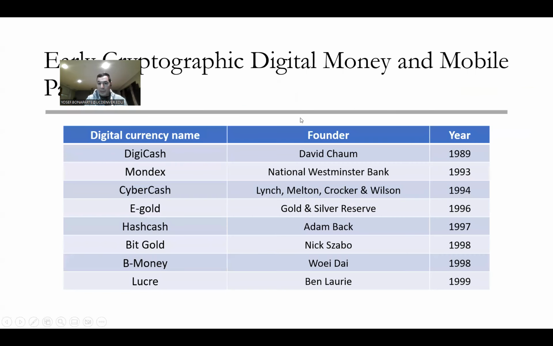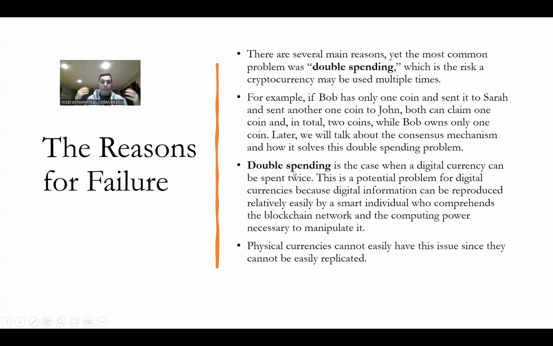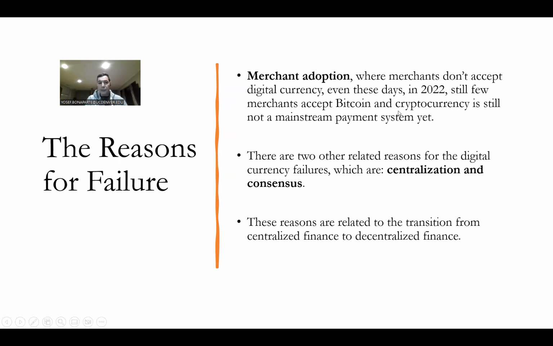In these attempts, we have a problem: if you have, for example, 10 coins, you can buy with 3 here, 4 there, 6 here, 2 here, 7 there. And you can come and spend. But the receiver of the coin, the one you buy from, doesn't know how many coins you have. So this is double spending. You can spend more than what you have. So Bitcoin solved this problem. And here I have an example about Bob. And the reason for failure, as I said, was market adoption, and we want to centralize and reach consensus.